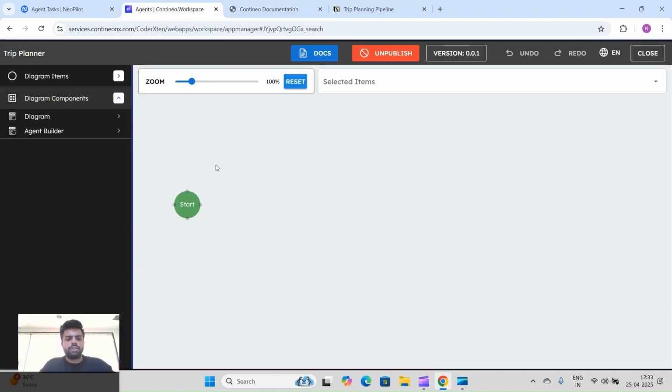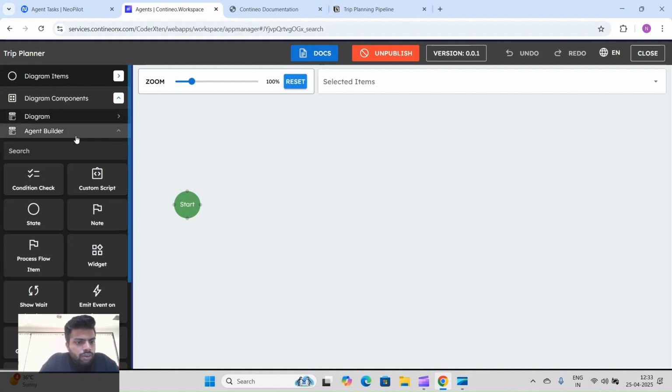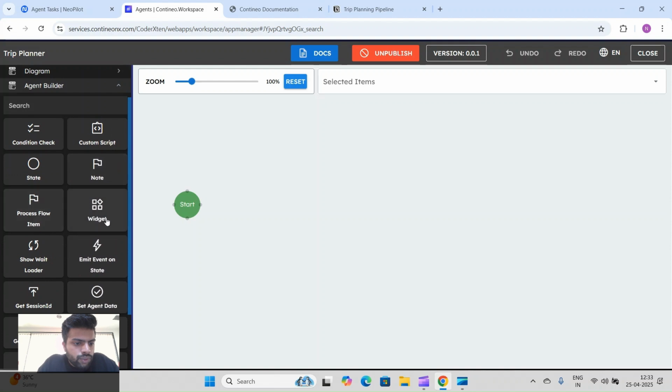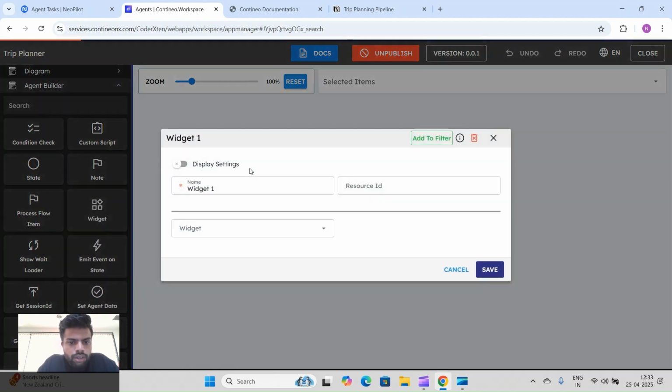When building our agent, first we will need some way to interact with the user, right? For that we will need various AI components in our agent. We will start with the UI components. We have this widget block, or widget component, in our framework. So we will drag and drop it. For interacting with the user, we will need an interactive interface, right? For that we have our AI chat widget, which is provided by us. You can also build your custom widget if you want. For now, we will start with our AI chat widget.